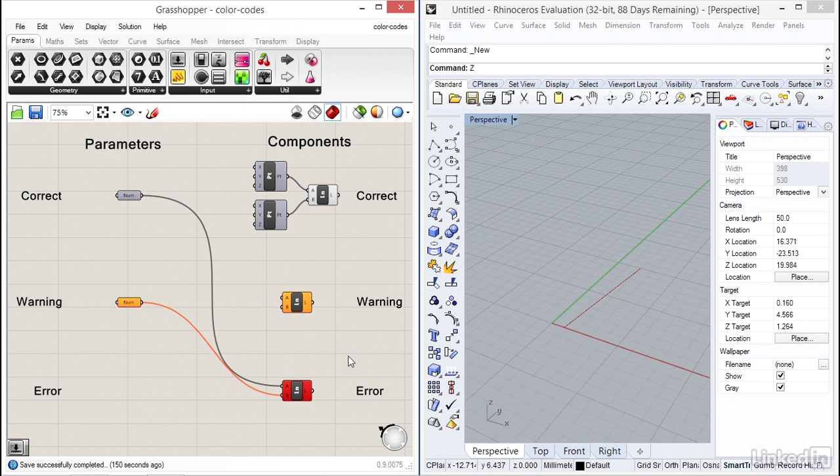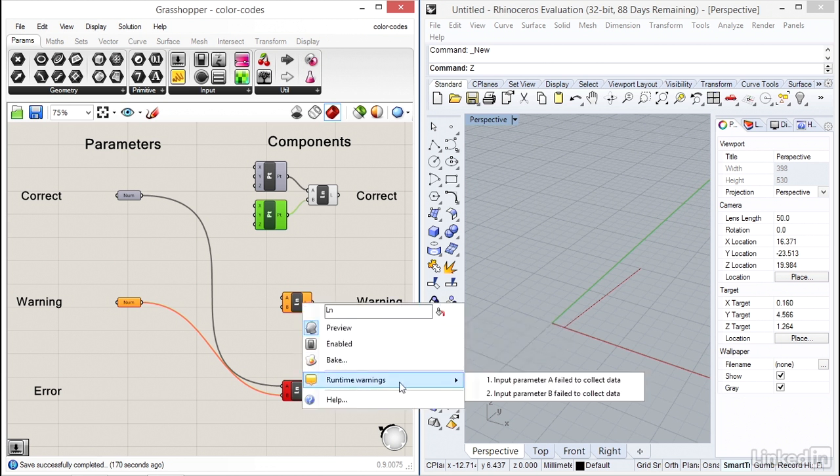And instead, we're connecting it with numbers, which just have one value. Compare this to the correct line component, which has points as its inputs. When you do encounter an error message or a warning, you can find more detailed information about what's going wrong through the contextual menu. So we can right-click and select Runtime Warnings, and I can see Grasshopper is telling me